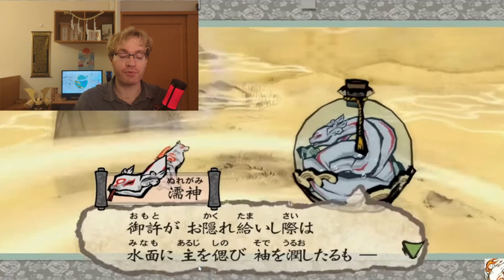Now, in Japanese, we denote the object of a sentence with this particle, o, okay? So, aruji o, so something is happening to the aruji. And aruji is just a fancy, another way of referencing Amaterasu, okay? Shinobi. This comes from the root verb shinobu, okay? Which means to think fondly of. It means to think highly of or think well of. Generally, it has this strong yearning aspect to it.